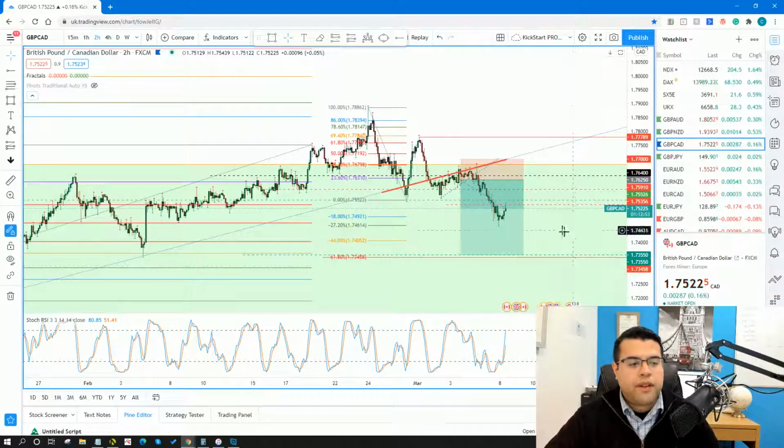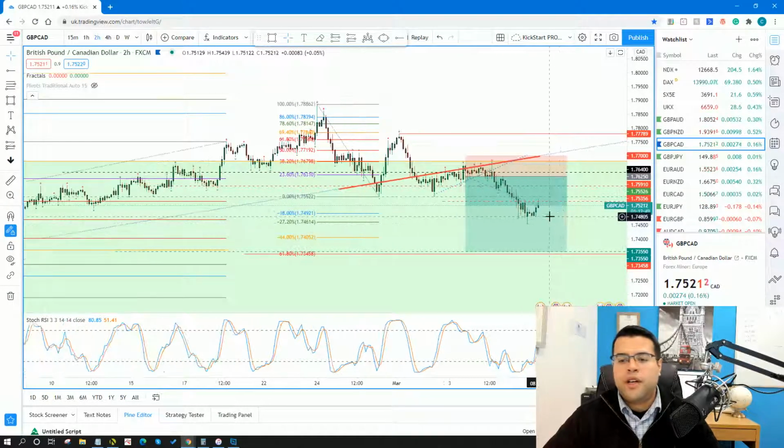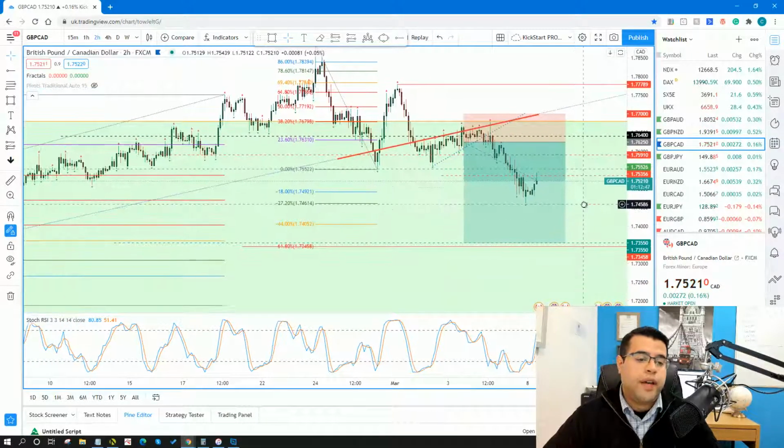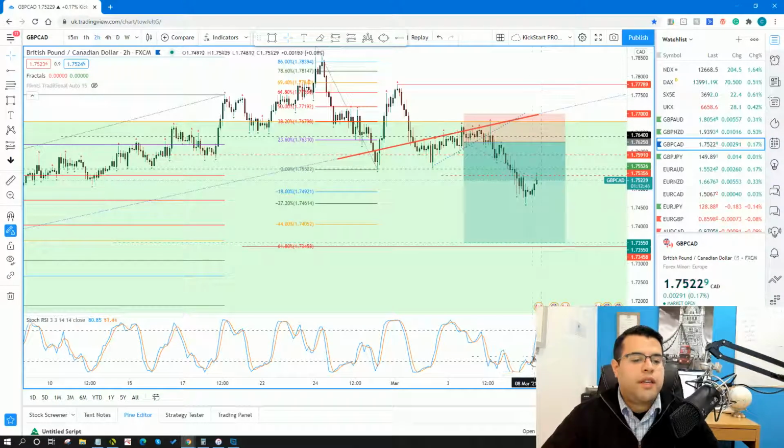But in any event, I did want to get out of this just to get my profits off the table, and then look for a re-entry opportunity. And so that's exactly what I'm going to do. I don't have one just yet, obviously, but you can see the little bump in the stochastic.